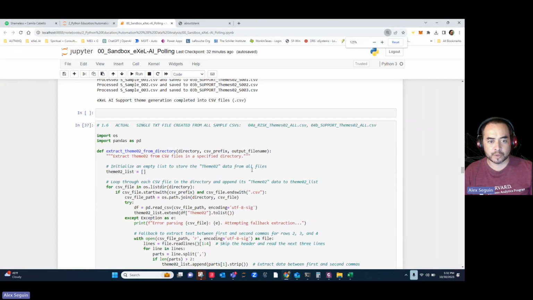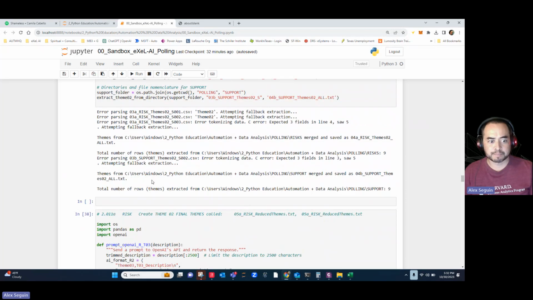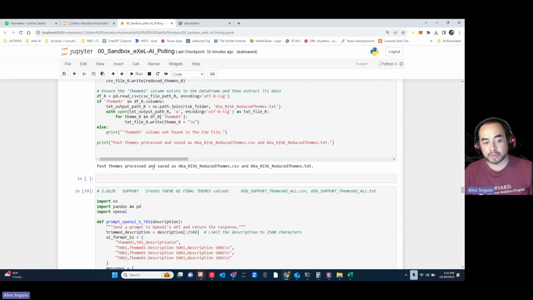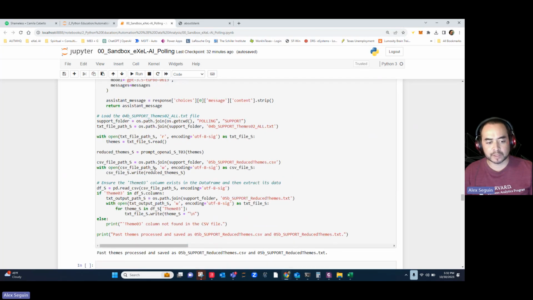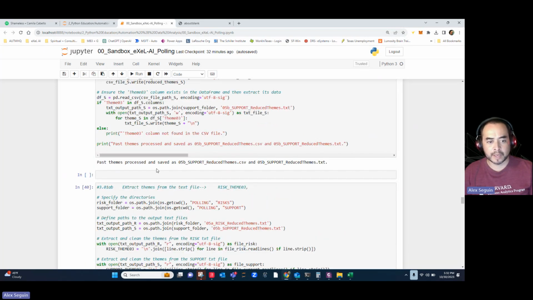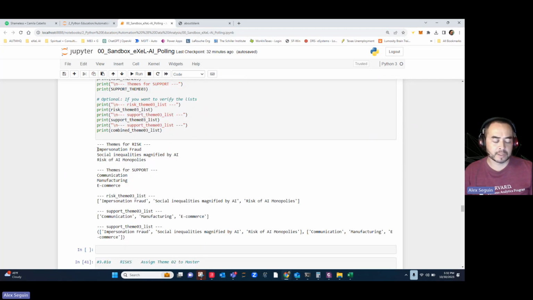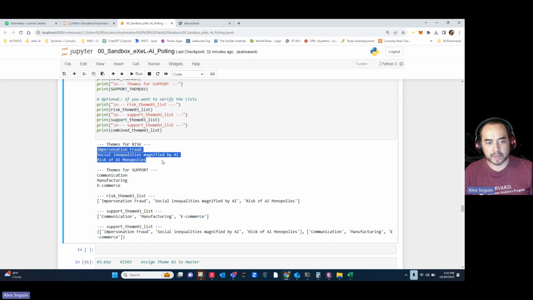And I want to run some of this for you. You can see it live. But basically what we do now is take those second level themes from the risks and second level themes from support and reduce them into one file. So in this, you'll see all the risks from these samples are basically impersonation fraud, social inequities magnified by AI,